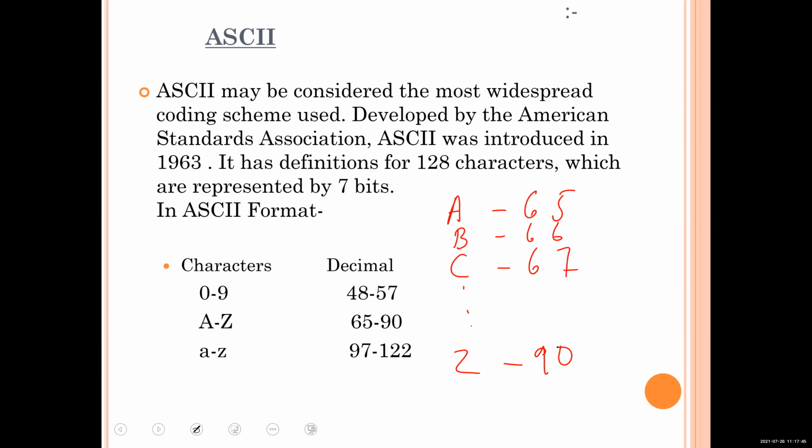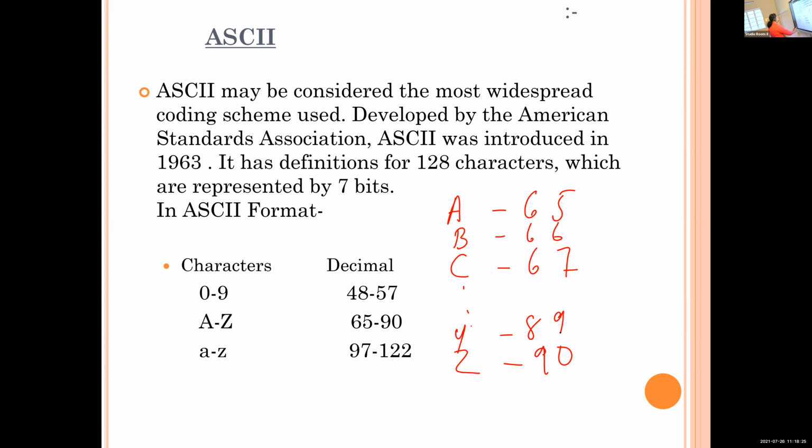Then Y? Naurin? 89. Just like that we want to find out the values. So learn by heart the values of A and Z. The capital letter A ASCII value is 65 and the capital letter Z ASCII value is 90. Then we can find all the intermediate character ASCII values using the starting and ending value. That is the ASCII values of capital letters A to Z.